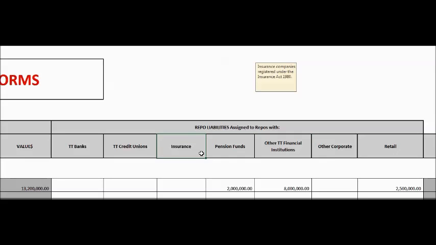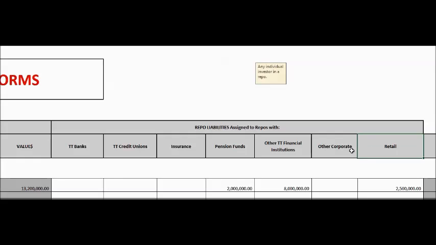Insurance. This column requires the broker-dealer to state the total value of its repo liabilities to insurance companies licensed under the Insurance Act 1980. Pension funds. The broker-dealer is required to state the total value of its repo liabilities to pension plans, including deferred annuities. Retail. Under this column, the broker-dealer is required to state the total value of its repo liabilities to all individual